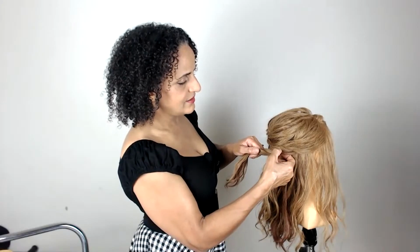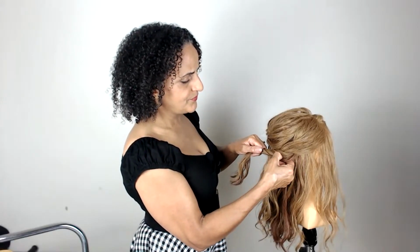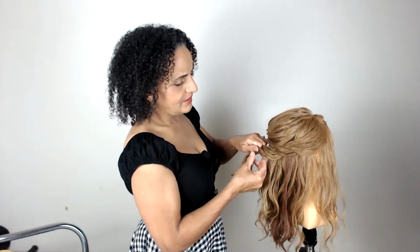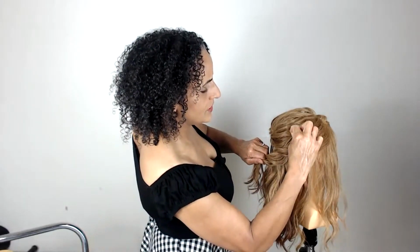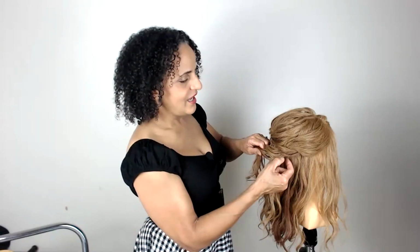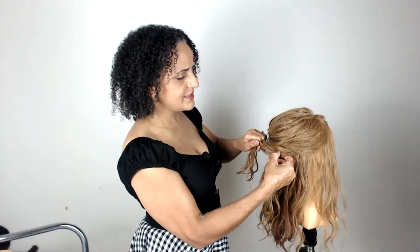And literally all we need to do when we've created this twist is just loosen and pull. With the hair prep, I have actually put some salt spray in the hair. The salt spray just means the hair isn't too soft, so that when I do the little pull out, it separates nicely and holds its shape. So you can do some hair prep maybe with a bit of mousse at the root and salt spray through the mid-lengths and ends. And then you can see I'm just pulling that simple twist out